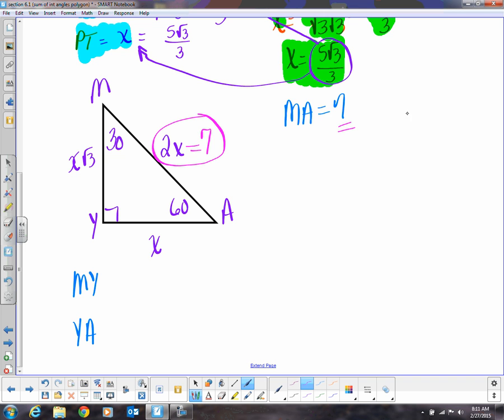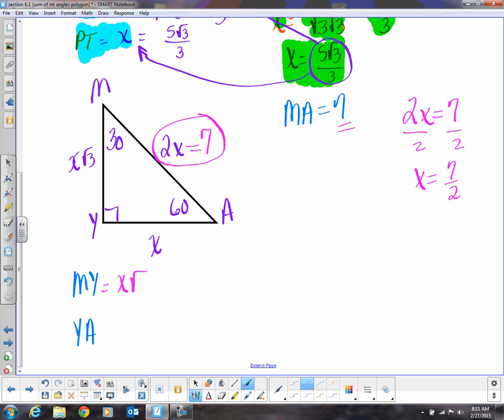Equals 7. So we're going to come over here and say 2x equals 7. Now what do we do? Divide by 2. So x is equal to 7/2. Now we have our x. And so now we're going to come down here. What is my